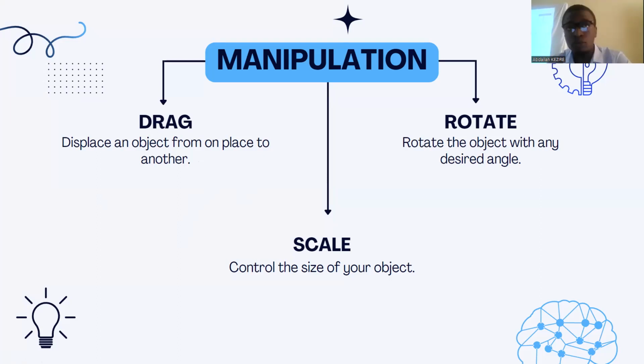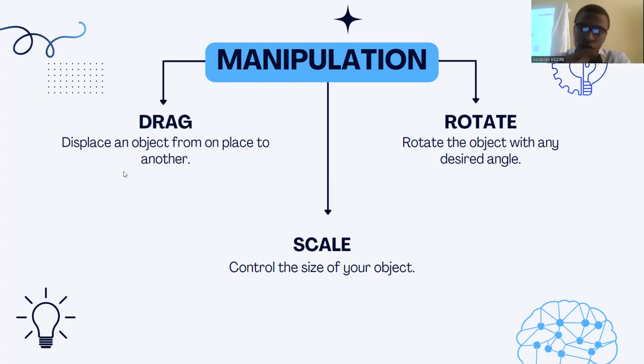Those 3 tools, it can sound banal, like it seems simple, but actually just with these things, you will be surprised by what you will achieve today. So I hope till now I've not lost anybody. The drag tool, you drag your object, you control the size, big, small, and the rotation tool, you control the angle of your objects, right?